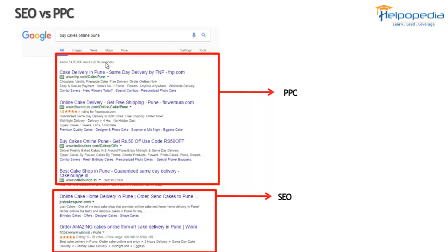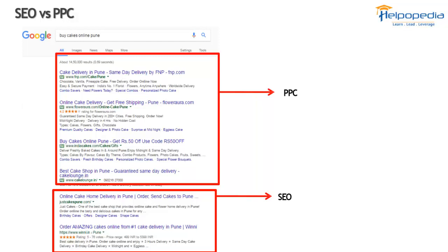Because these are search ads, and whenever people click on this, the advertiser pays some amount depending on the rates that are prevailing at that point of time. So if the bid is around 10 rupees per click, then for that particular keyword, if the rate is 10 rupees per click, then they pay 10 rupees. So that is already being deducted from their wallet. So that is how it goes.